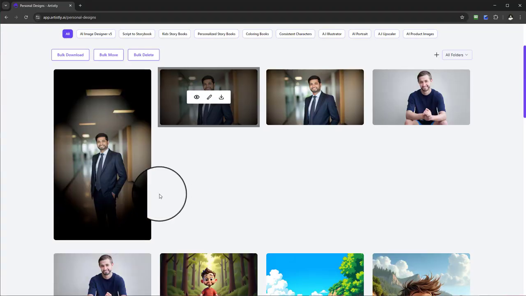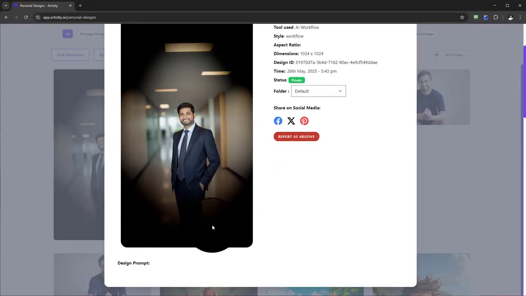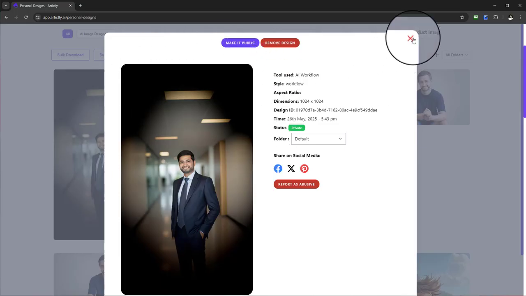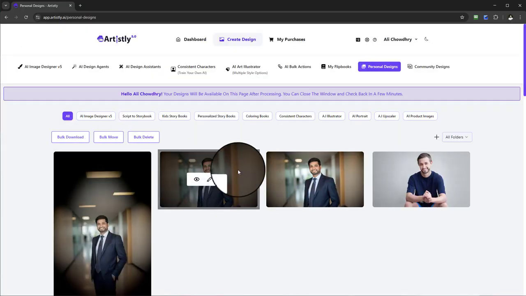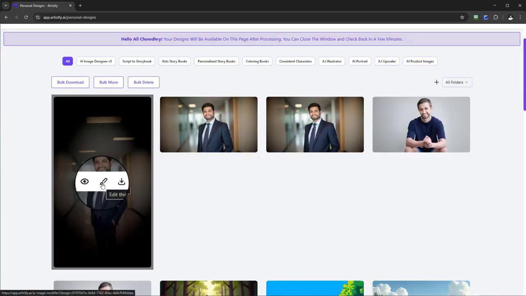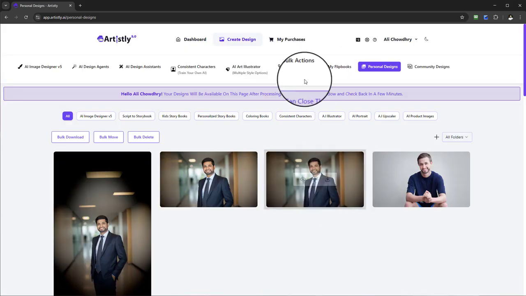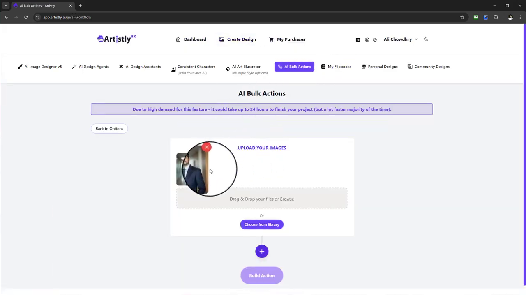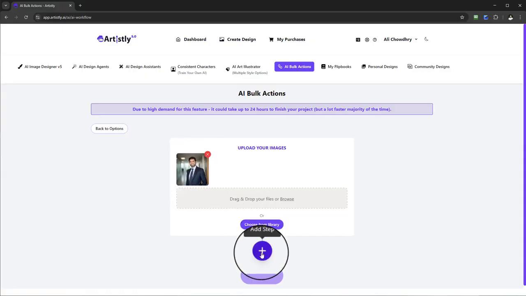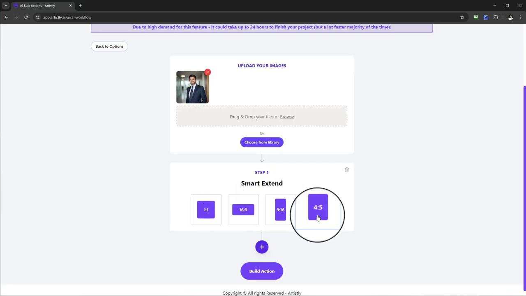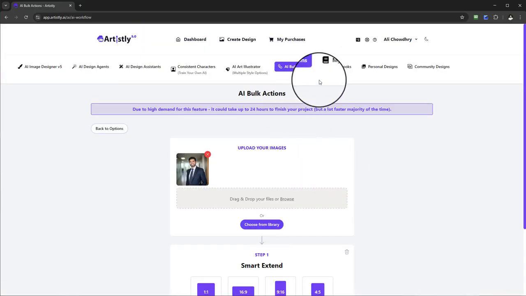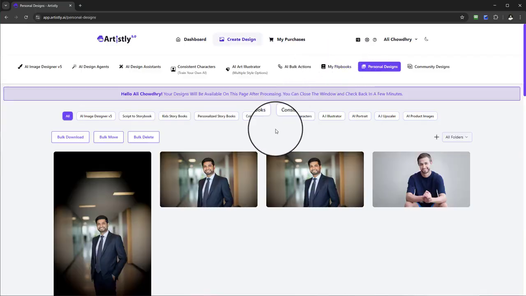So this is just going to make life a lot easier, and you can see that beautiful graphic there that is now created, which I could use for mobile devices and my ads. So then I can even go into the editor for the advanced level editing, and I can get that ready. So bulk action just makes it easy where I can come and do the same actions. I could then use Smart Extend for different aspect ratios depending on what I need them for, but I could make a variety. It may be the case that a client wants different versions for all different types of devices,